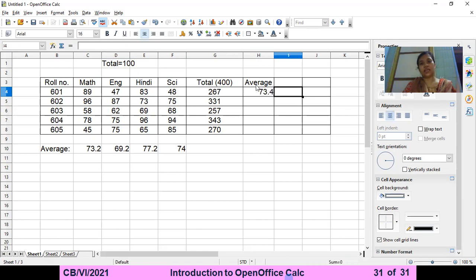So it will give the average of the student. And I'm doing the autofill that will show the